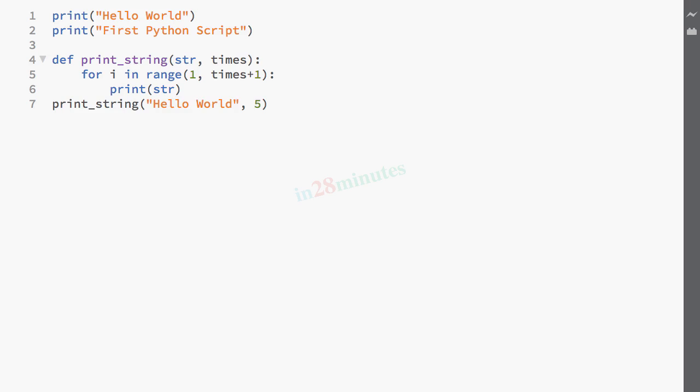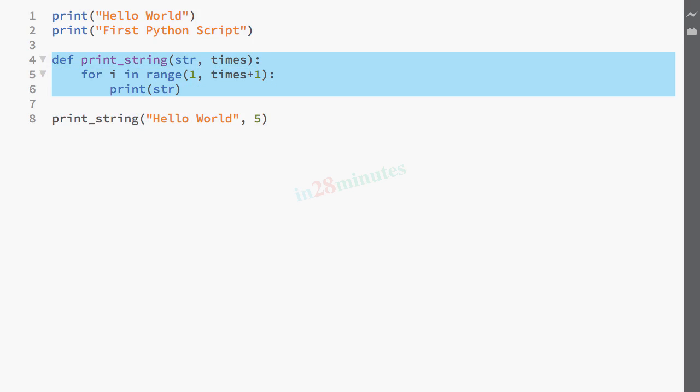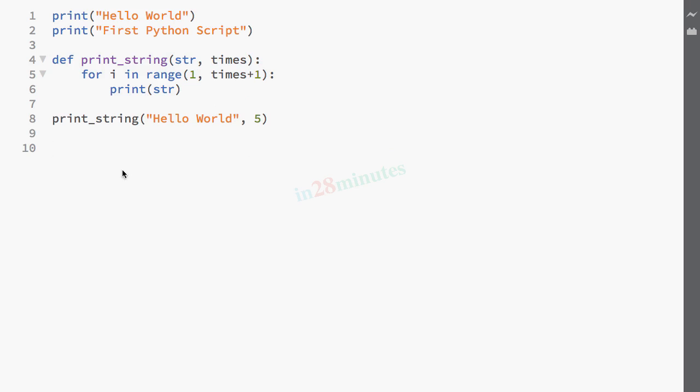What we want is to execute that method. To be able to execute that, I'm removing all the spaces before it so that this is considered to be similar to this. So just like this code is executed, this function call is also executed, and this contains the definition of the print_string method. What I'll recommend you to do as an exercise is to add a couple more methods in here